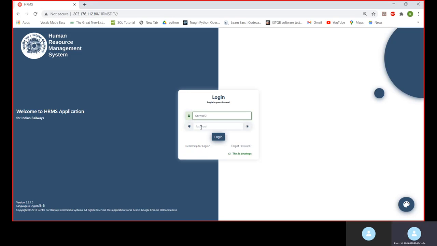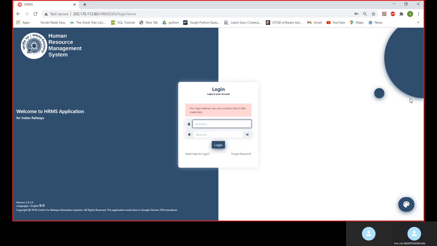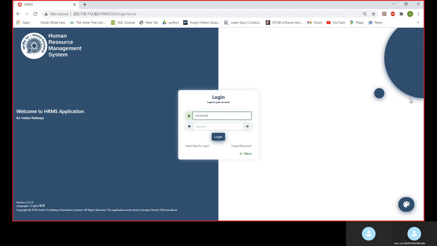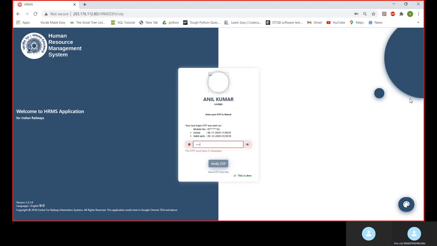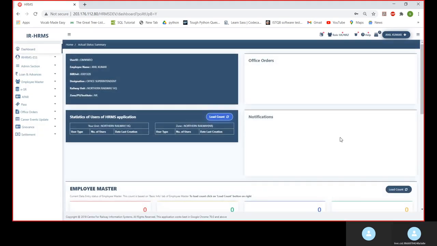So we will log in as a verifying authority to check. If the PF loan verifying authority has multiple roles, he has to select LVA in his bucket.